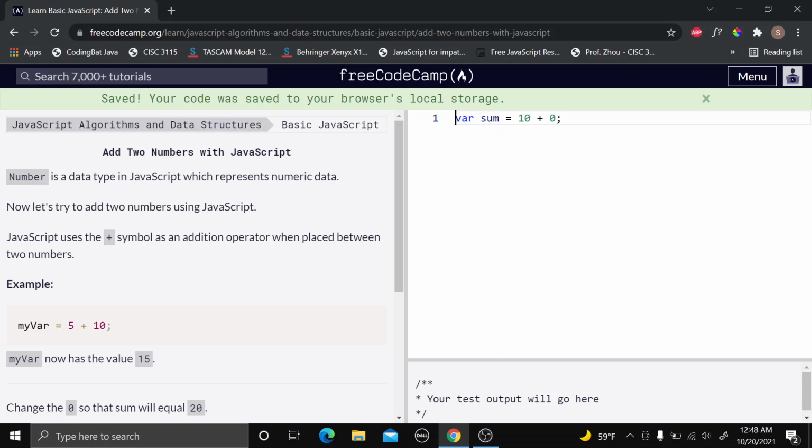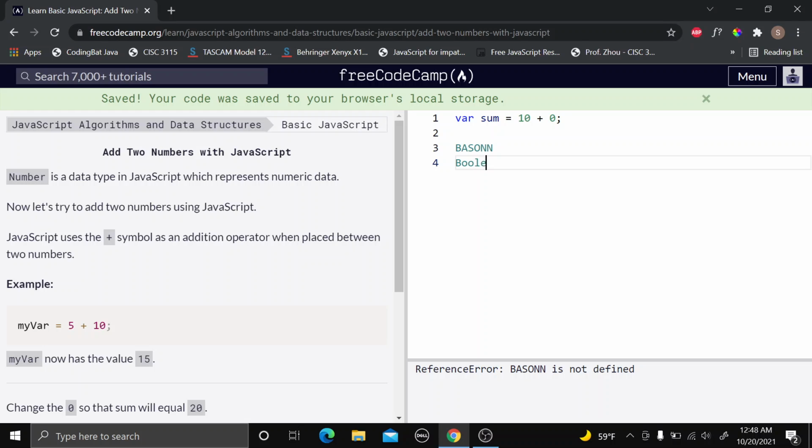Add two numbers. The next lesson is called Add Two Numbers with JavaScript. Number is a data type in JavaScript which represents numeric data. Also, I think I should mention that if you wanted to ever remember the types of data types used in JavaScript, remember this acronym. I think it was Basin or Boson. Which was Basin, yeah, because it was supposed to rhyme with Jason. So B is Boolean, A is array, S is string, O is object, N is number,